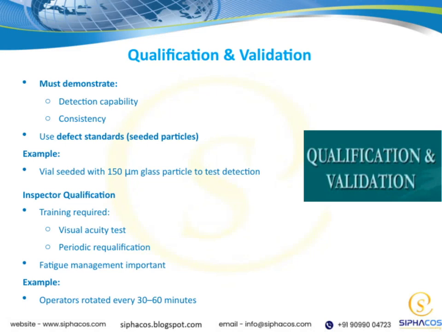Now, let's talk about qualification and validation. It's essential to demonstrate our detection capability, which means showing that our system can reliably spot defects. Consistency is also key, making sure the process performs the same way every time. To do this, we use defect standards, like seeded particles, as a benchmark. For example, we might seed a vial with a 150 micron glass particle to test whether the inspector can detect